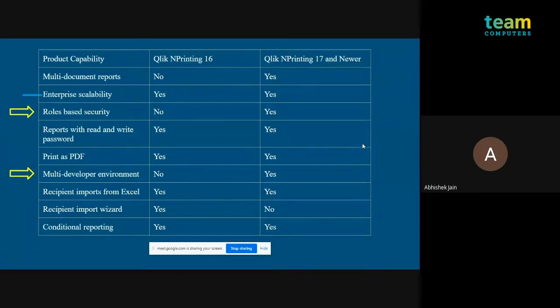The introduction of role-based security has really eased the way you provide access or provide reports to your users. You can use the section access built into the application to sort and filter the data. The multi-developer environment is also a good boost, because whenever there are multiple users, there are now no clashes and they can work simultaneously.